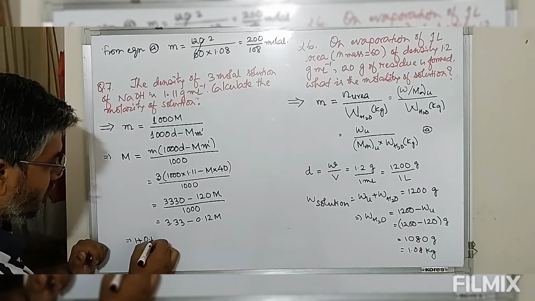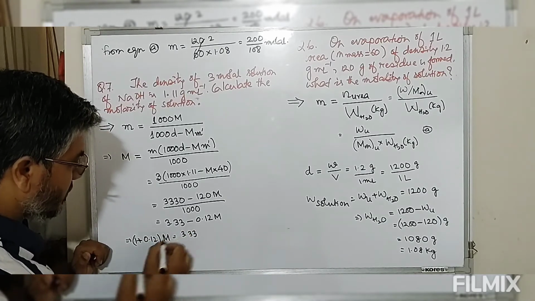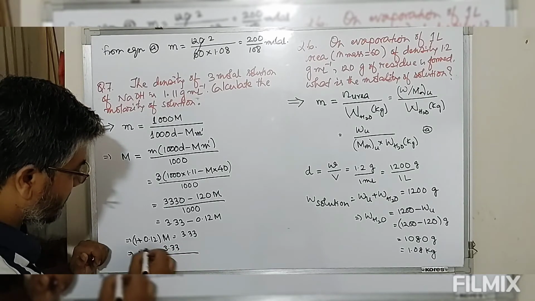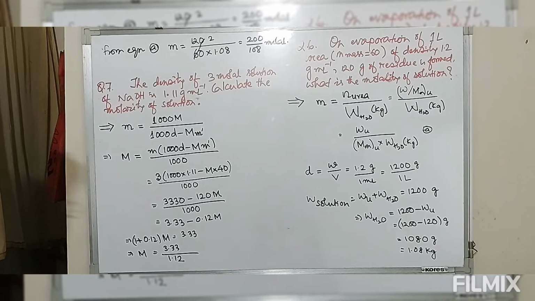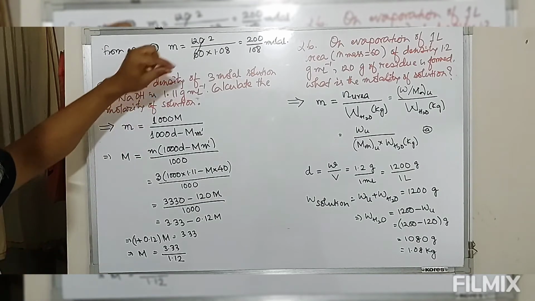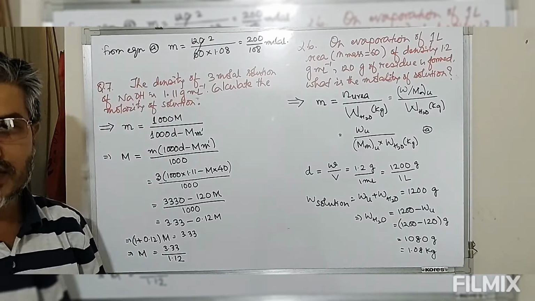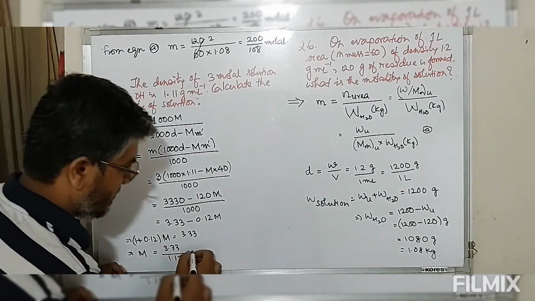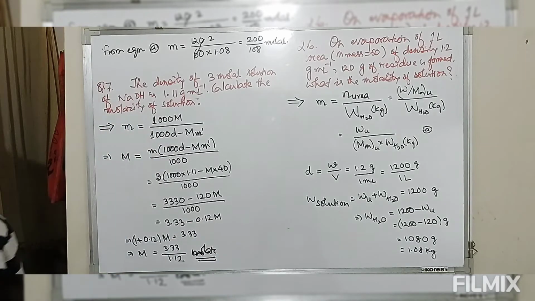So therefore look at this, 1 plus 0.12 m is equal to 3.33. So therefore m, the molality, is equal to 3.33 divided by 1.12. So this is the molality of the solution from this molarity, provided density of the solution is given to you. So simply look at this, we have to use the formula and rearrange. This is the molal solution.